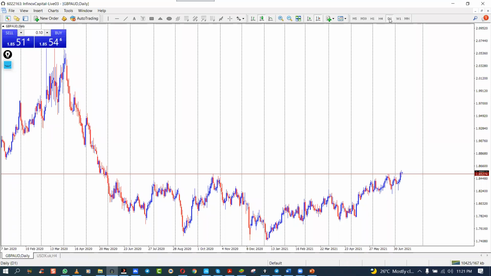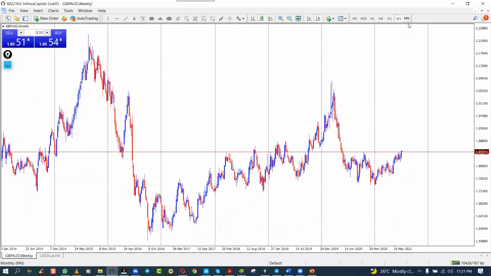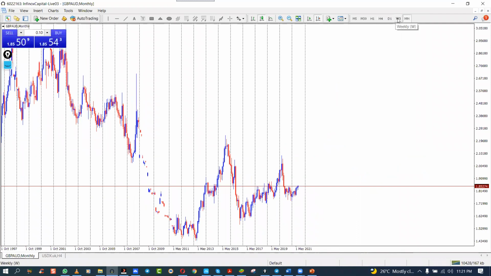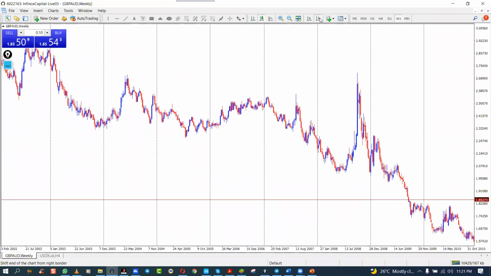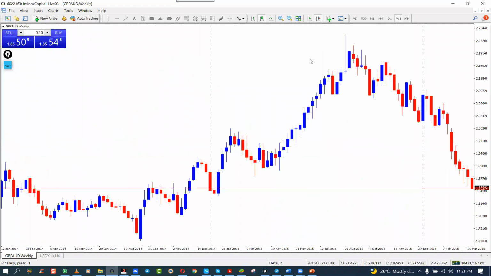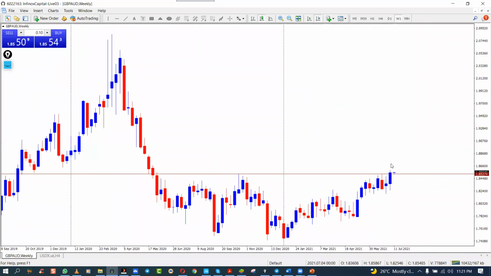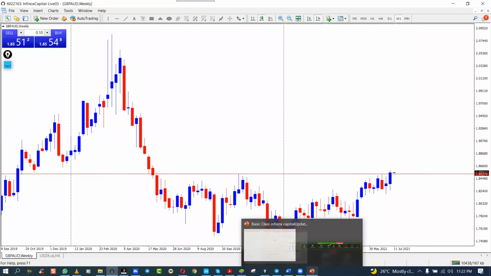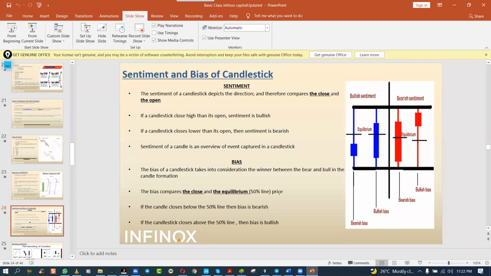So this is daily, this is weekly, and then this is whatever. Now for formation, I'll look at the daily time frame, pick a candlestick, and then come to the lower time frame, let's say 1 hour or 30 minutes, to be able to analyze the sentiment and the structure inside it. Then I can take a decision accordingly in that respect. I hope that clarifies a lot of things. So now let's go to the